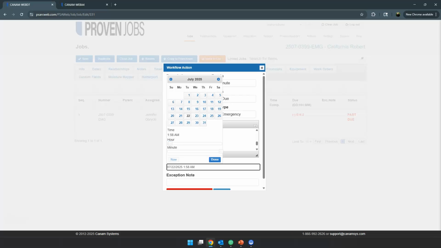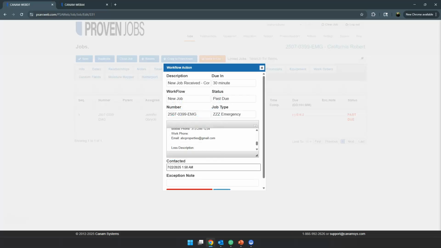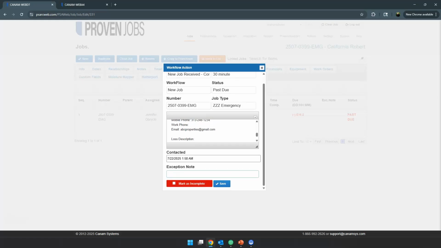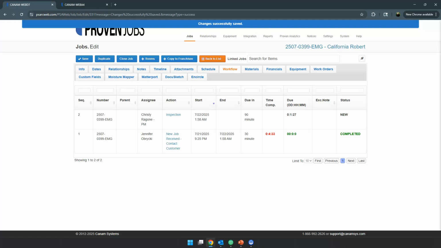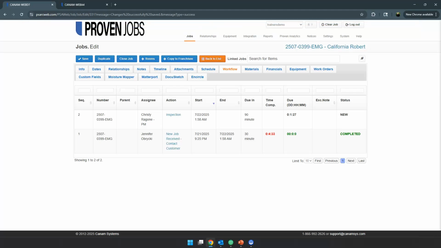So I'm going to go ahead and say that we're just going to go with the current date and time. If I do try to save this workflow, we will see that we have that captured and it's been completed. Now you'll notice that when I completed the first workflow, it did trigger the second workflow. So my second workflow was a contacted to inspected. So now my next workflow has been launched and it's sent out notifications if we had the notifications checkbox checked